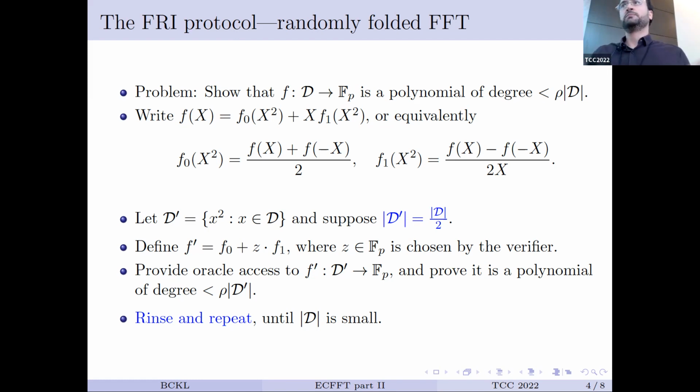And that again gives us, we must have FFT friendliness. And of course, it's not a coincidence, because breaking down the function into these even and odd parts is exactly what the FFT does. But then the FFT will continue to work with each f0 and f1 separately. And here instead, we just fold them together and work with just one thing. So we don't blow up and we actually reduce the thing.